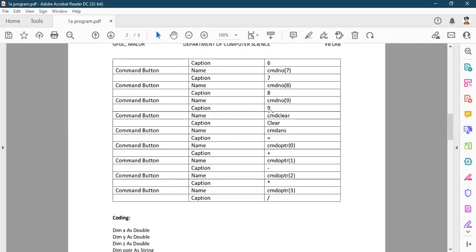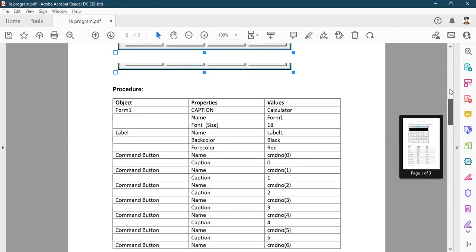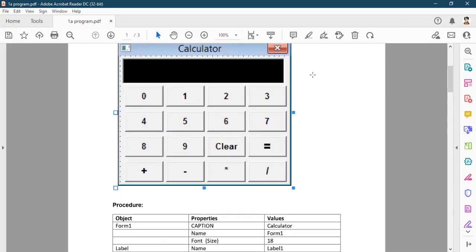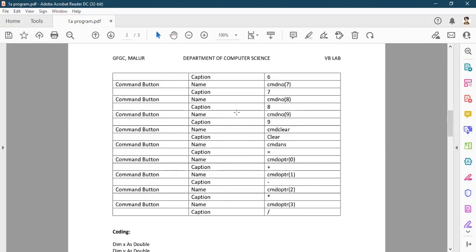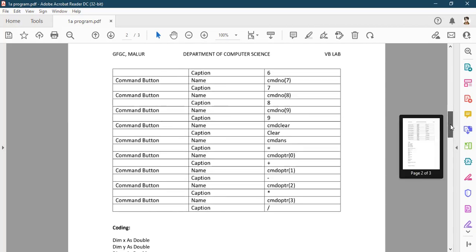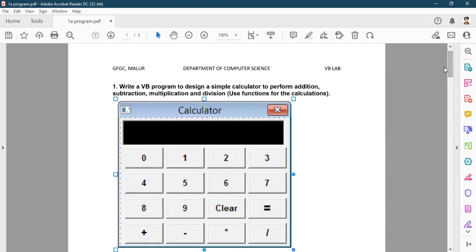Name of my command button is CMD clear, and caption is clear. Whatever I give in the caption will be displayed here. Like that you need to design. Whenever you are doing this form design, keep this table in hand and use the names given here. Later we will see the coding part. Now we will go to our VB screen and see how to design this form.